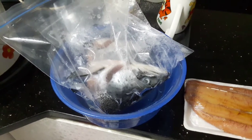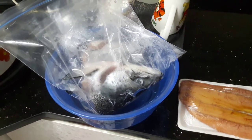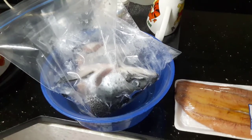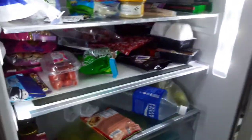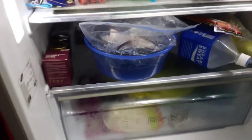You don't have to put the fish juice to cook inside. What you really want is to take out the fish, which has been swimming in its own juice, so it's not diluted and the flavor is better. And then we will put it to cook. So for now, I will put this into the fridge. I'll make some space. And this goes in. And it should take like